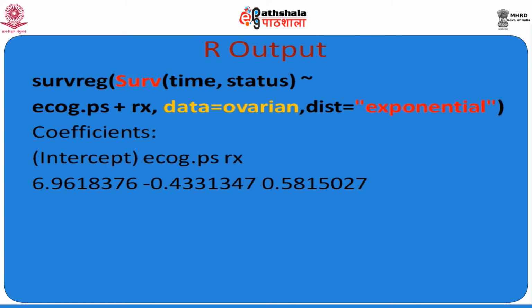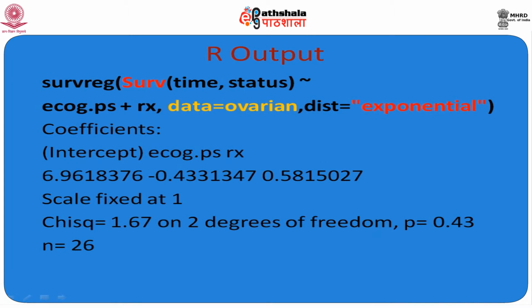If it comes more than that, then we can interpret that patients having more survivals going with Rx 2. Now, scale fixed at 1 and chi-square value is considered as 1.67 with degree of freedom 2. Here the p value is coming 0.43. Obviously, it is not a significant correlation coefficient observed, and we can say that the